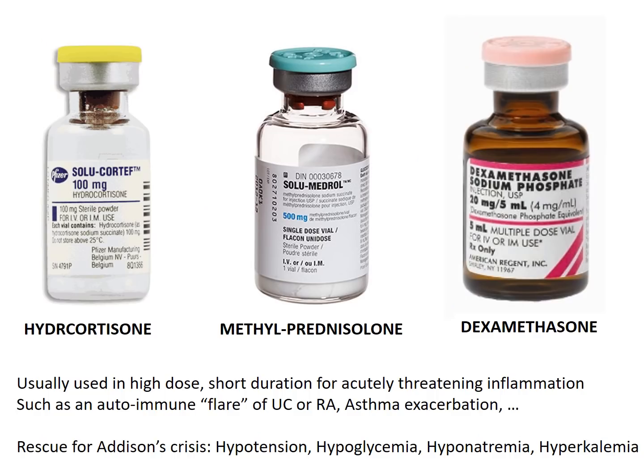Here are the three IV anti-inflammatory glucocorticoids: hydrocortisone, methylprednisolone, dexamethasone. You've seen all these used. You've probably seen these used in individuals who have sudden flares of an autoimmune disease such as multiple sclerosis or lupus, or individuals who have sudden exacerbations of asthma or COPD where the inflammatory response needs to be controlled.